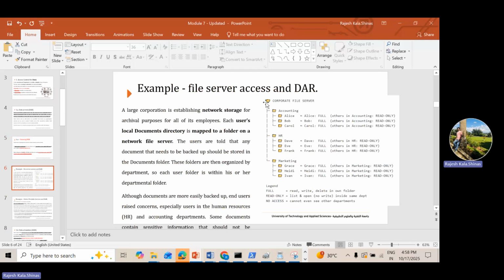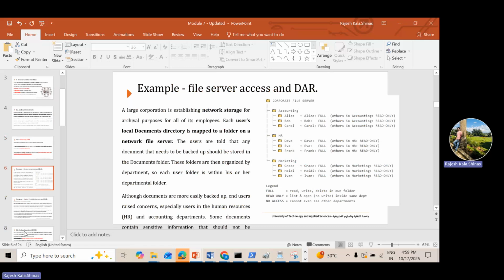The administrator can see all those. He has all the permissions to access the data in accounting, HR, and marketing. But each user can only access her own folder. Maybe she can read the other person's files or folders, but she cannot make any alteration. She cannot delete that file or folder because it is not her folder. This is what we are going to set up for